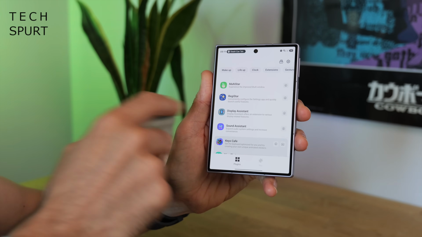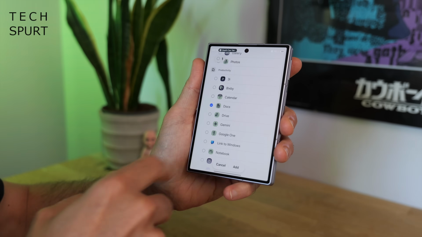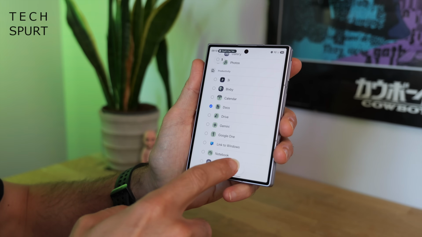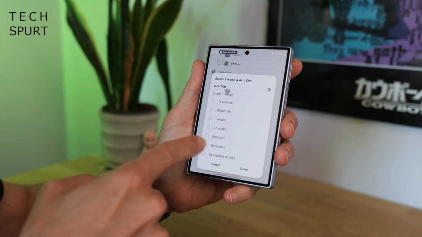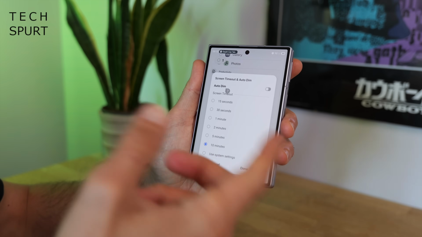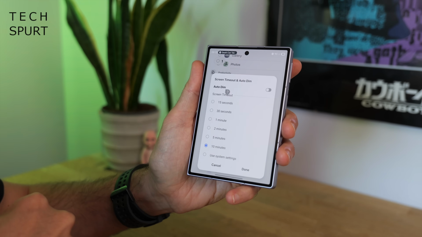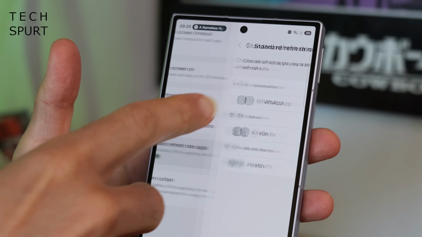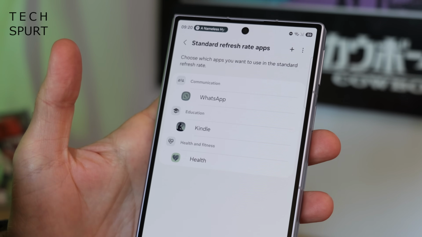And likewise, you've also got the Display Assistant, which I really like because you can set the screen timeout for each individual app. So for instance, I personally, when I'm shooting these videos, sometimes I'll have Google Docs open just with some specs or some information that I'll need while I'm presenting. So in that case, I obviously don't want the phone constantly hibernating, so I'll stick it on 10 minutes. And you can also choose some apps to use the standard refresh rate if you want to save a bit